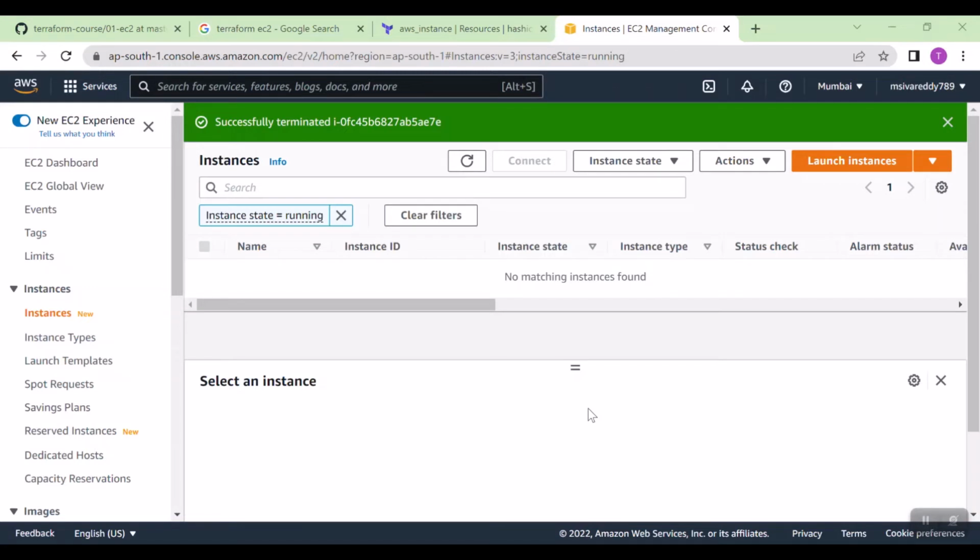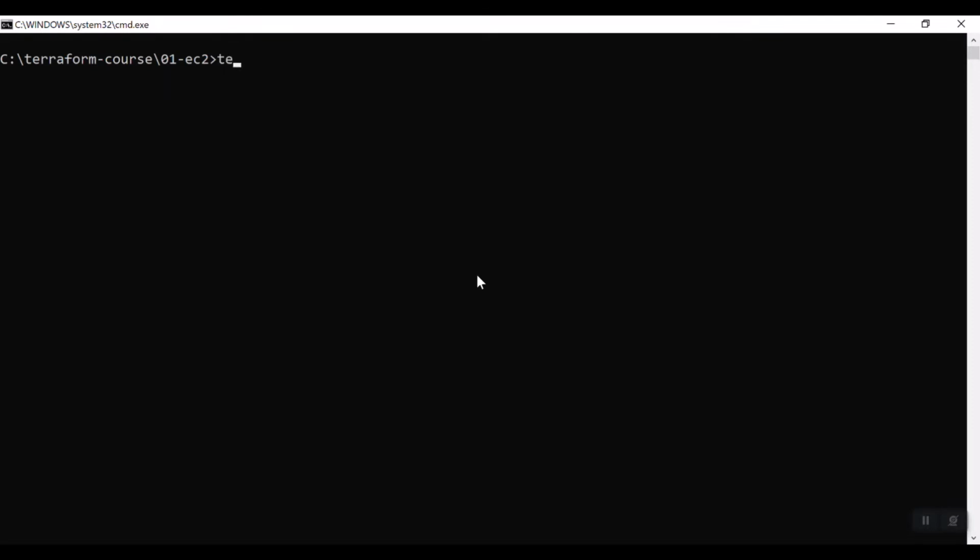I told you about Terraform, it can do the lifecycle management of your infrastructure. Lifecycle management is nothing but from born to dead. Born is nothing but you are creating the resources, and then when you need to update a few things, you need to do the update. And if you don't want the resources, you need to delete. Basically, CRUD operations: create, read, update, delete are called lifecycle management in any technology. And yeah, we created the Terraform resources. Let us do that now.